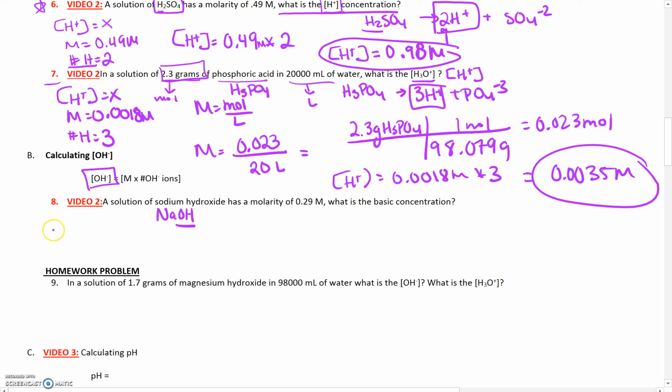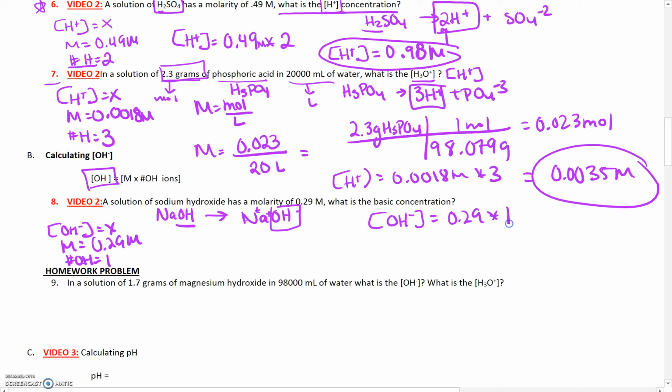So now we know our OH- is our X, because that's what it's asking for. Then we know our M is 0.29, because it gives it to us. Our number of OH's. So again, we dissociate it to figure out how many OH's would be produced. We balance it, and that would just give us 1. So we just plug in OH- equals 0.29 times 1, which would give us 0.29